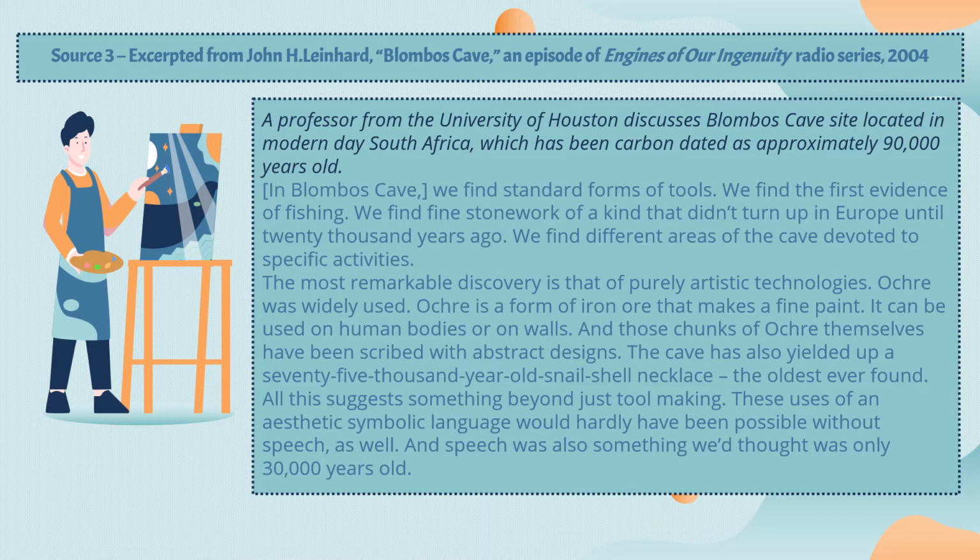Ochre was widely used. Ochre is a form of iron ore that makes a fine paint. It can be used on human bodies or on walls, and those chunks of ochre themselves have been scribed with abstract designs. The cave has also yielded up a 75,000-year-old snail shell necklace, which is the oldest that's ever been found. All of this suggests something beyond just tool making. The uses of an aesthetic symbolic language would hardly have been possible